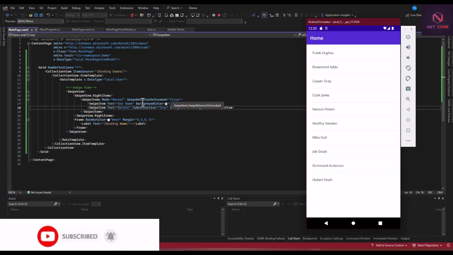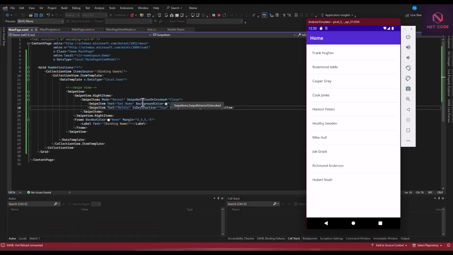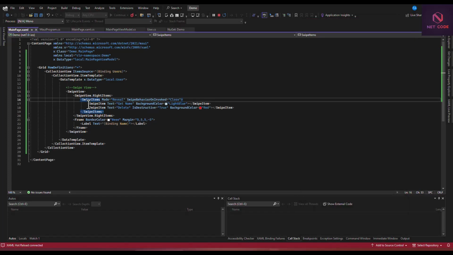So using this swap view is very interesting in applications or mobile apps. So let's say you don't want to use this, but you want to have a different format. Can you do that? Yes, you can customize this swap view. So how can you customize it? In here, where we have the swap items, this is a swap view. So this swap item, we can just,